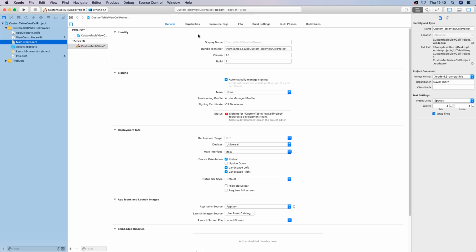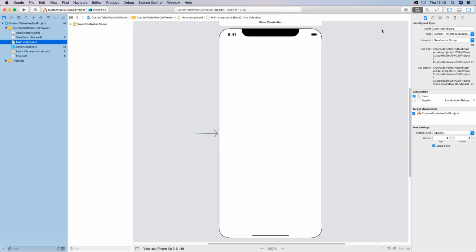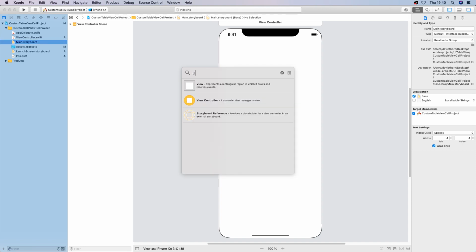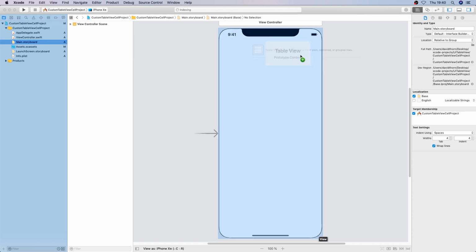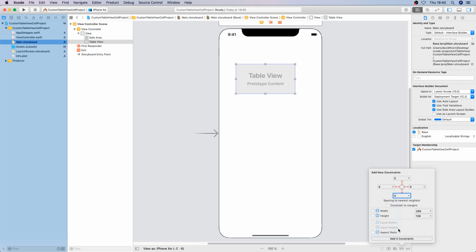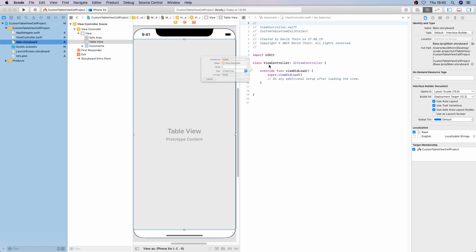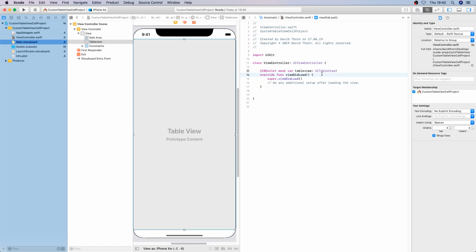Right, so let's go into our storyboard. We've got a little bit of setting up to do, but it won't take very long at all. So we're just going to drag a quick UI table view here and do this. Do this and then add the delegates to it as well. Actually, we don't even need the delegate really, we just need the data source. Be fine,